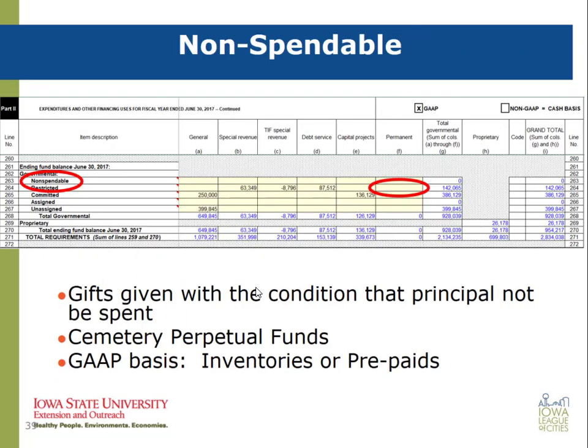We'll start with non-spendable. The most common one of those is going to be your perpetual care funds for your cemetery. As a reminder, those perpetual funds cannot be spent. That's why they're listed as permanent non-spendable. The only thing that can be spent from those funds is the interest. Other things that may be included in the non-spendable category may be gifts that were given with the condition that the principal may not be spent, or if you're a city on GAAP accounting, this would include your inventories and